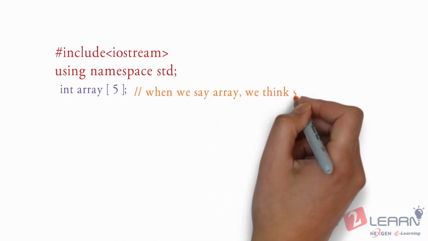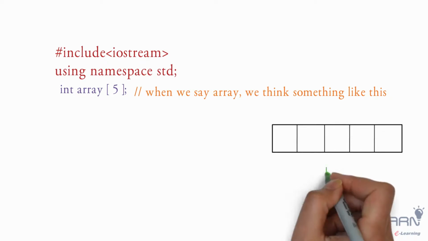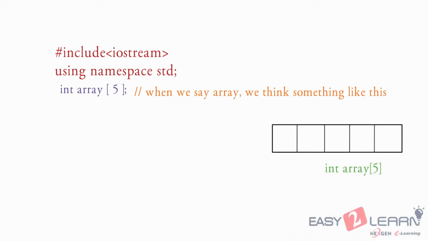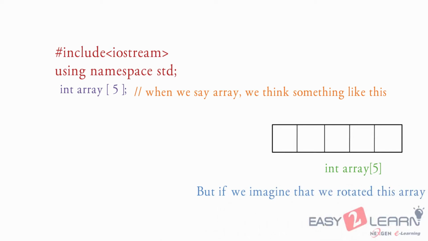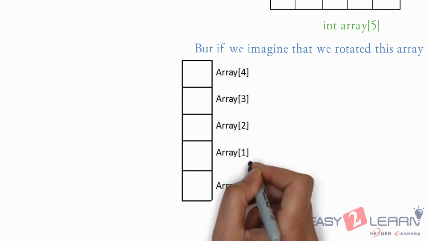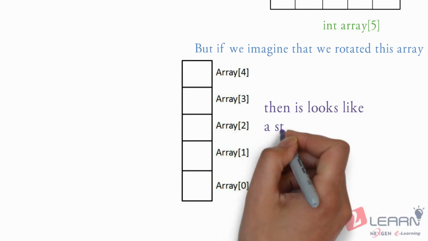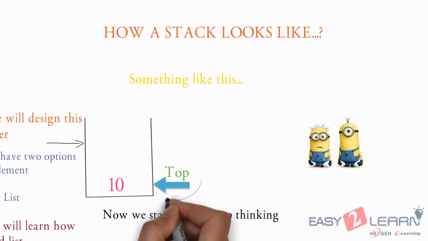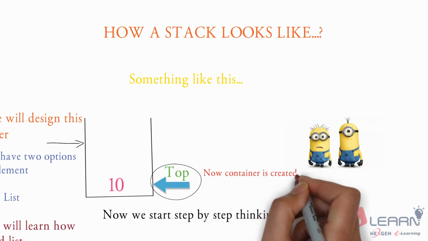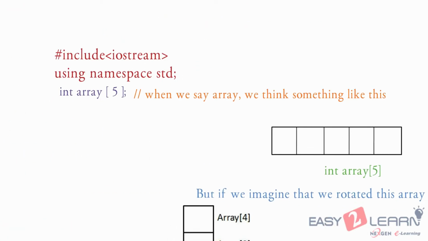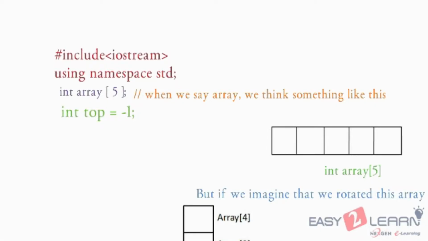When we say array, most of the times we the programmers think like this. But if you can imagine an array in a rotated way, that is like this, then it simply looks like a stack. Right, here is the top. Now container is created. We always use top equal to -1 for an empty stack,